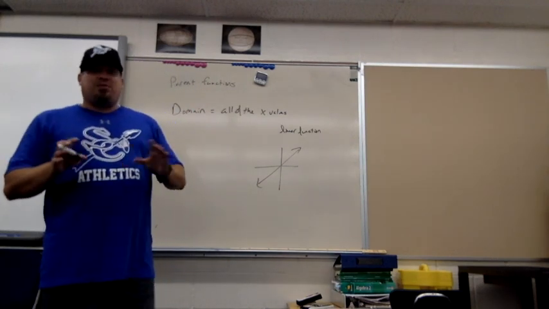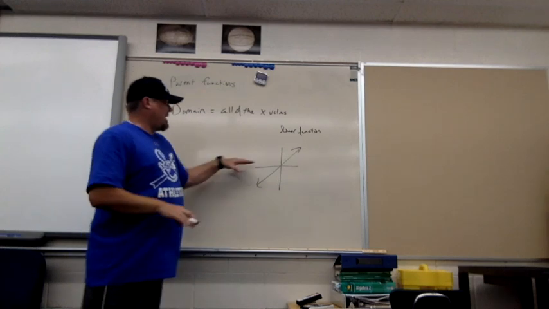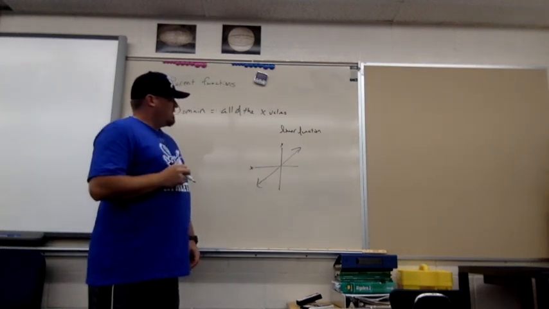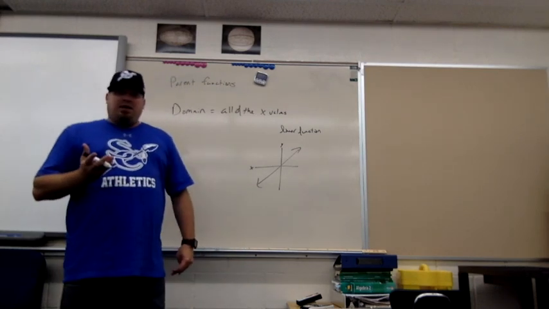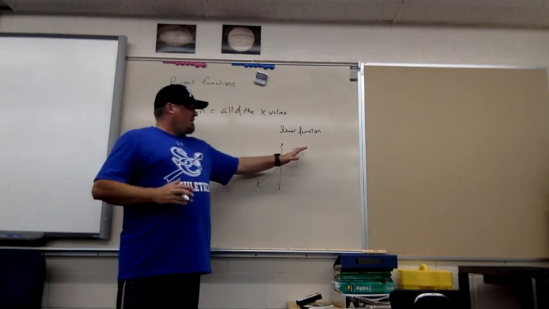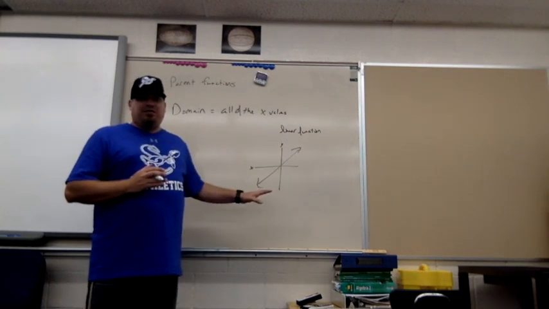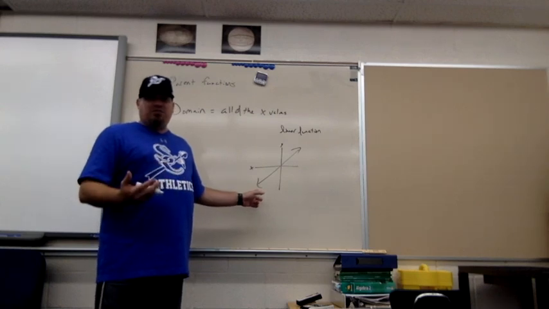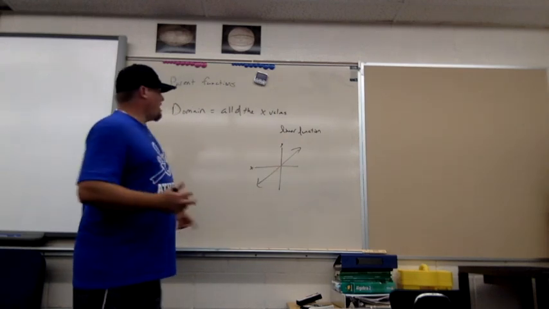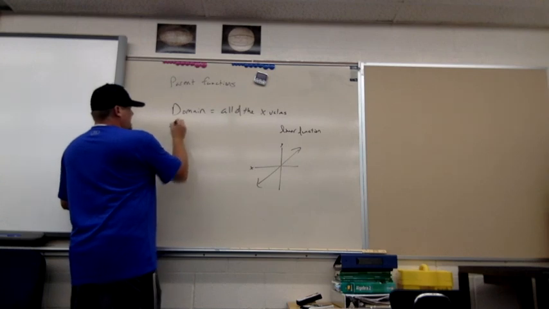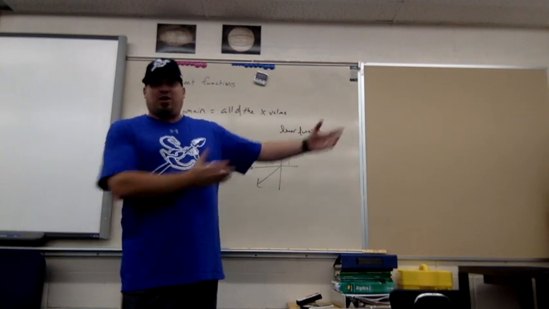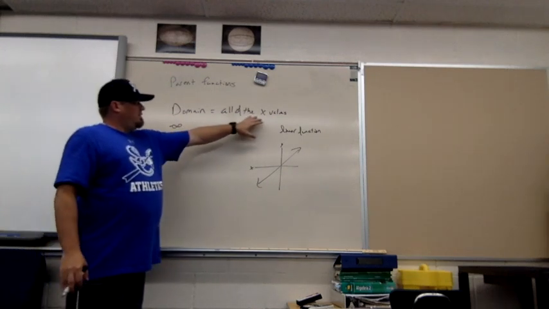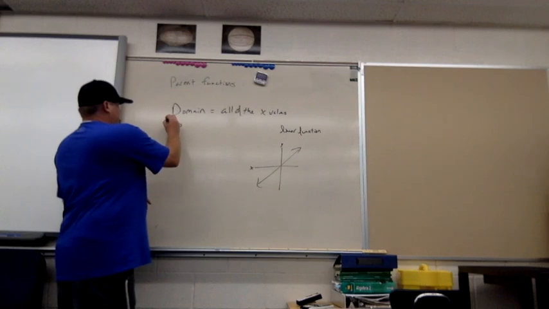So my x values, remember, are my left and right. This is my x-axis, and this is my y-axis, right? So my domain is going to be all of the values that could possibly be used for my graph. So what's the smallest x value that I could have for the linear equation? Well, obviously, it keeps on going forever, so the smallest is going to be negative infinity because it just keeps on going forever and ever into infinity. Okay? So the domain of the linear function goes from,